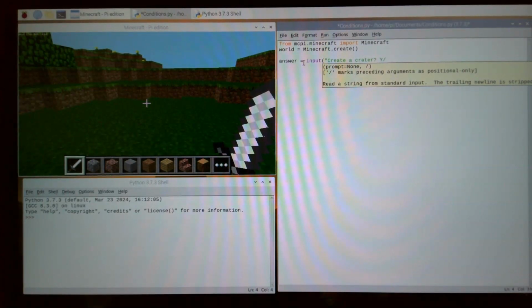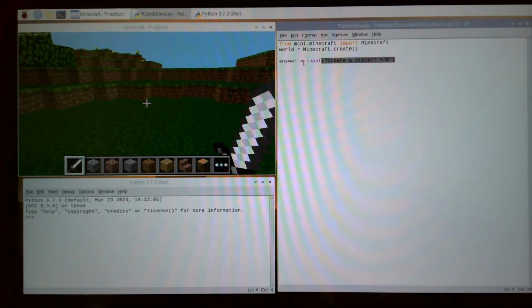And to clarify the input that we want, we'll just say yes or no with a capital Y or a capital N. Okay? So that input is going to get stored as a string in the variable answer. Now, let's make ourselves an if statement, right? If that answer that they put into our input equals Y. Okay? Then